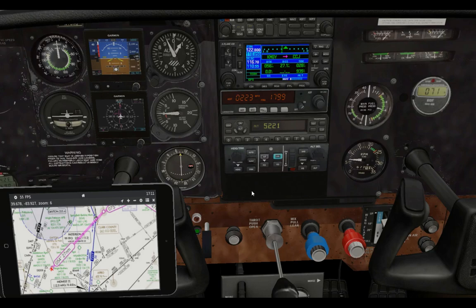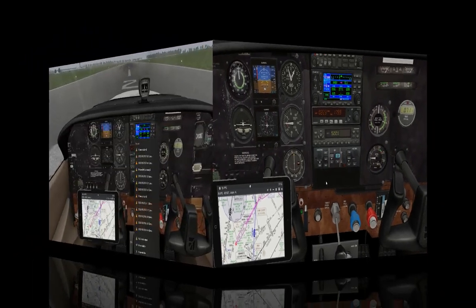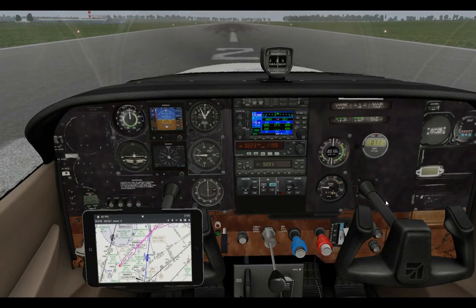So our next step is to get our release for this clearance. November 7311 Sierra, you are released for departure. Enter controlled airspace on a heading of 060. Clearance void in 5 minutes. Time now